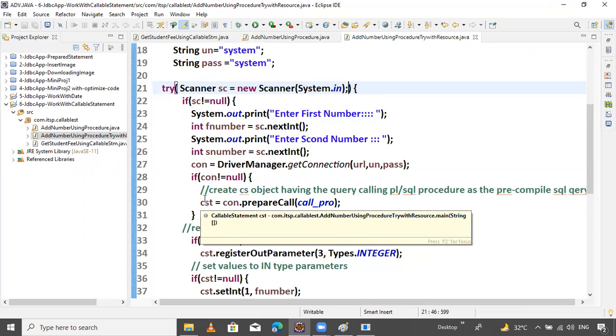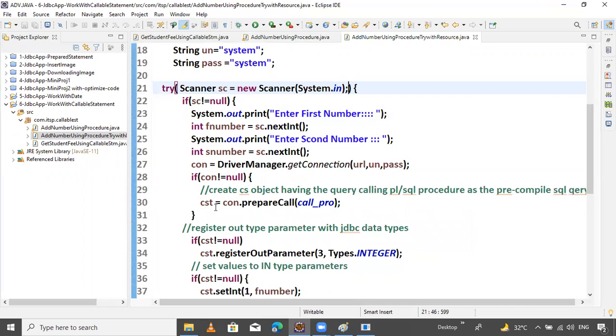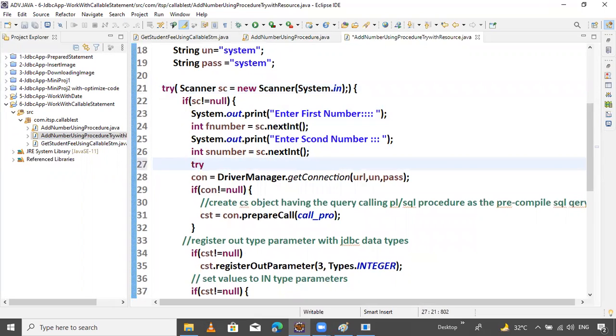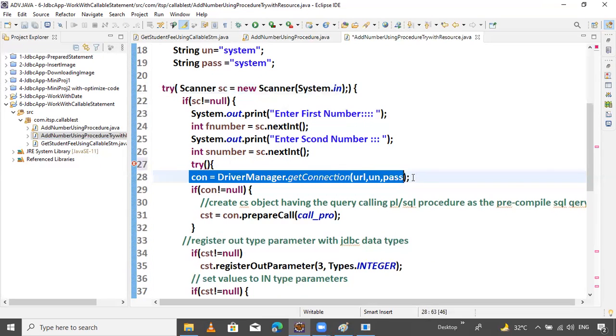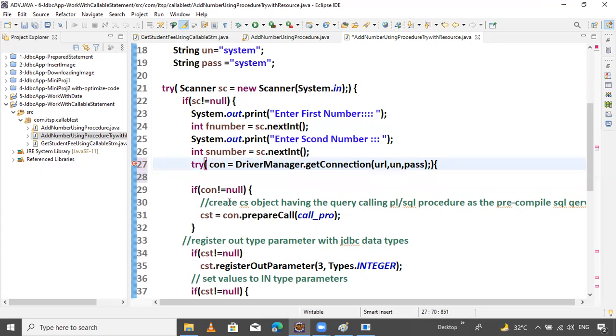What you can do? Just create one try. After this, create one try block. Inside the try, just this. That's it. And here, pass the connection statement inside this. That's it.